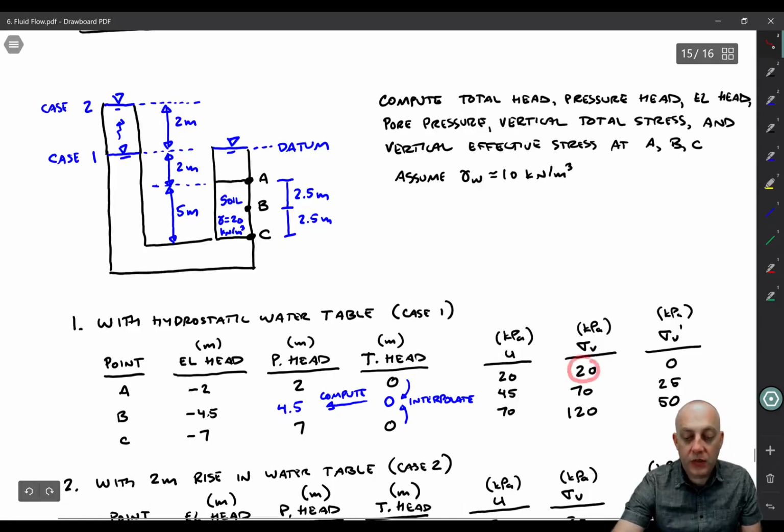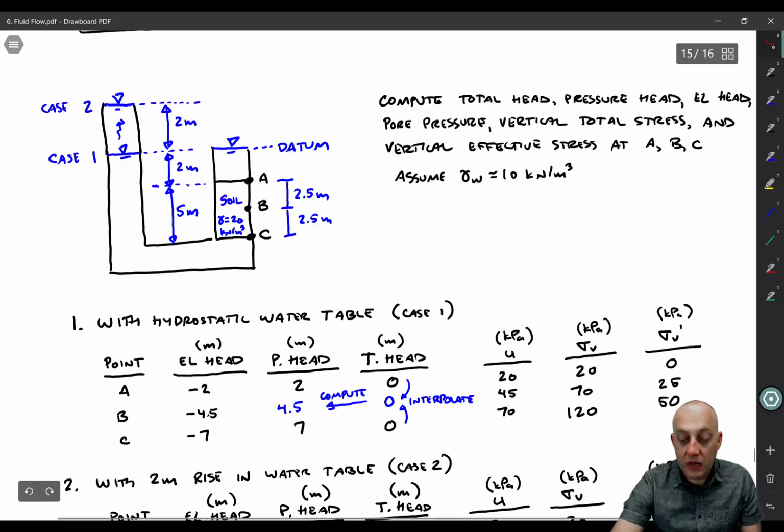At point A, that's 20 kPa. At point B, it's going to be 20 kPa plus 2.5 meters times the unit weight of the soil. So 20 kilonewtons per meter cubed is the unit weight of the soil, so you get an extra 50 kPa. So here it's 70, and then at the very bottom at point C, you get 120 kPa for vertical total